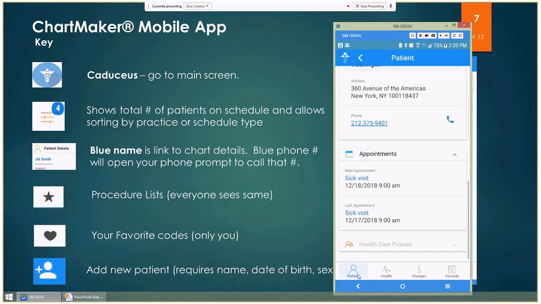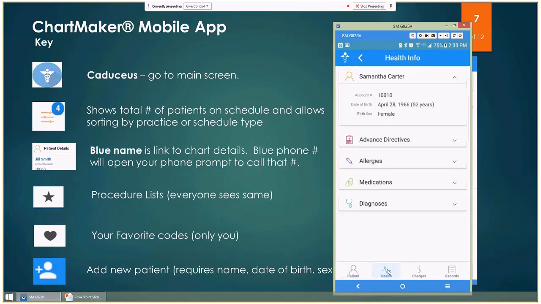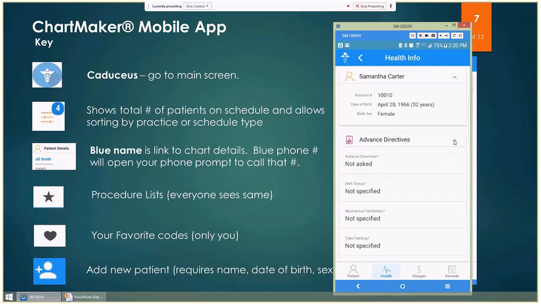There are 4 icons at the bottom. The patient icon was the default when we came in. Health would take us to the face sheet of your EMR chart. So this gives you, if you use our electronic medical records, advanced directives if you have those in the system